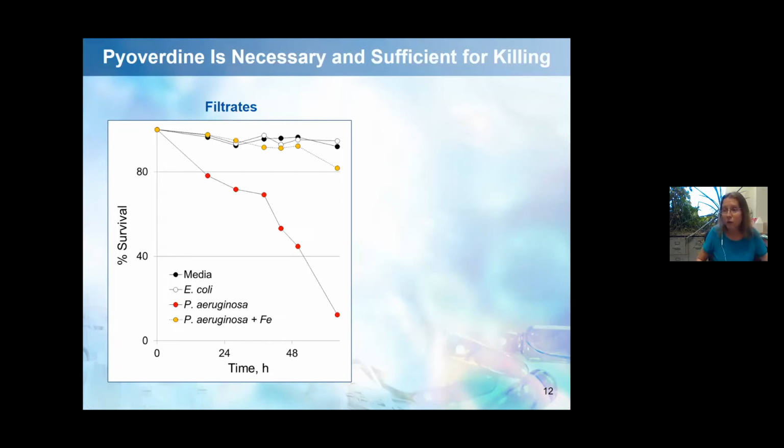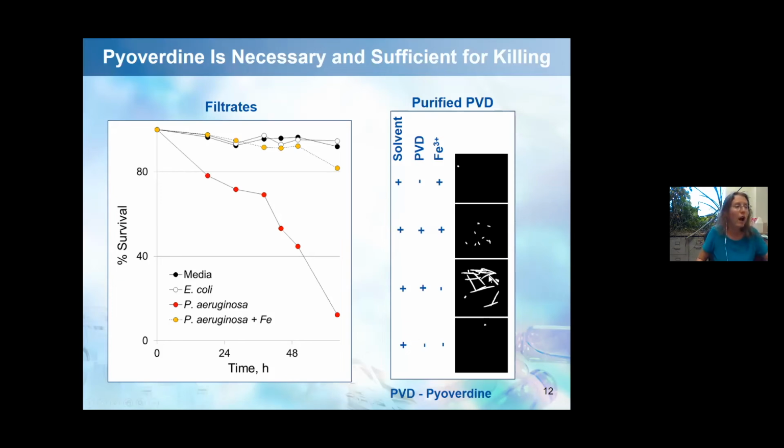Iron is pyrogen's natural ligand. If we provide iron to quench pyrogen, the worms remain alive. So this toxicity is related to pyrogen's ability to bind iron, possibly within the host. And here, just to show you, we did experiments with commercially available purified pyrogen, and the same thing, we were able to observe host death in the presence of pyrogen that was rescued by the addition of exogenous iron.